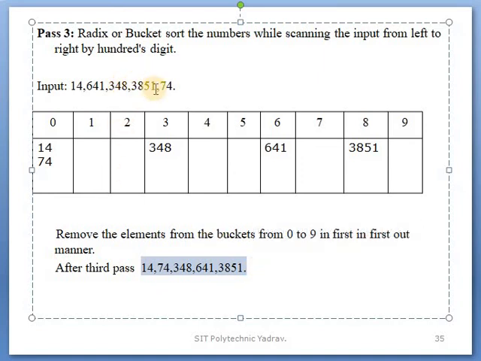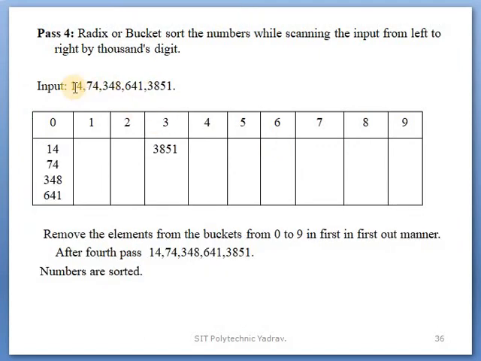There will be 4 passes because these are 4-digit numbers, so this pass will sort using the thousands position digit. In 14 there is no hundreds position number, in 74 also none, and in 348 and 641 too, so for these numbers there is no digit in the thousands position, so all are considered as 0 and written in pocket 0 one by one.